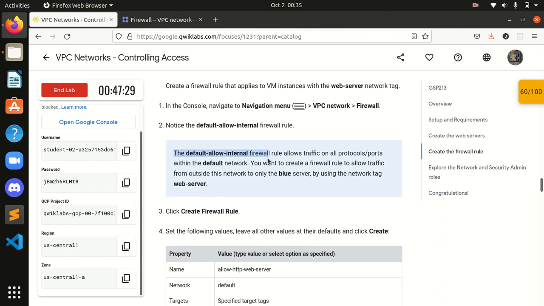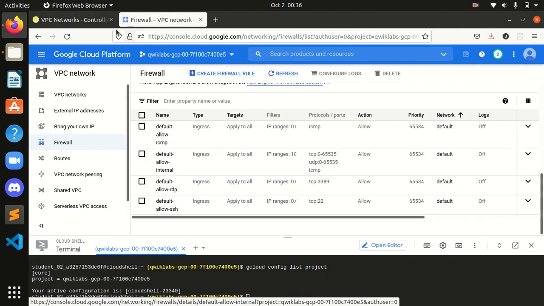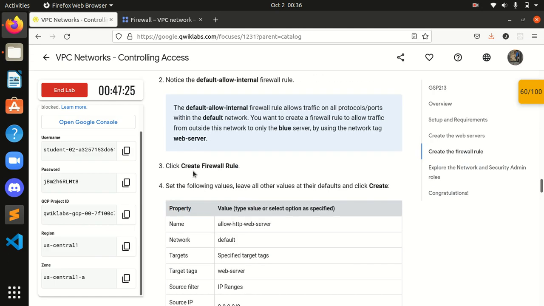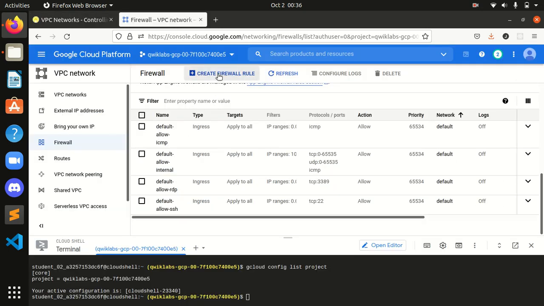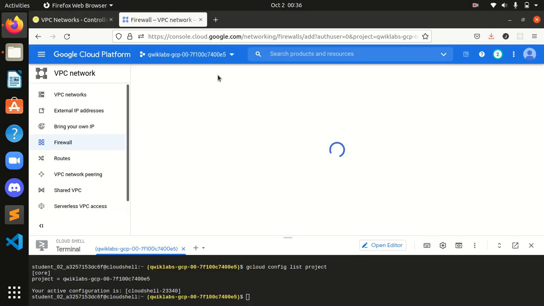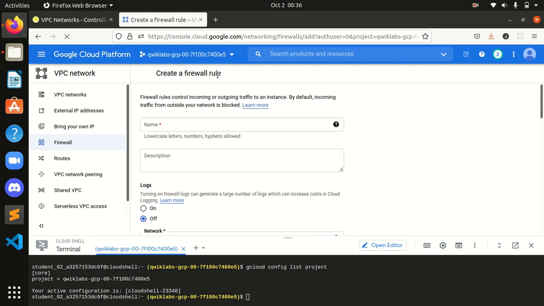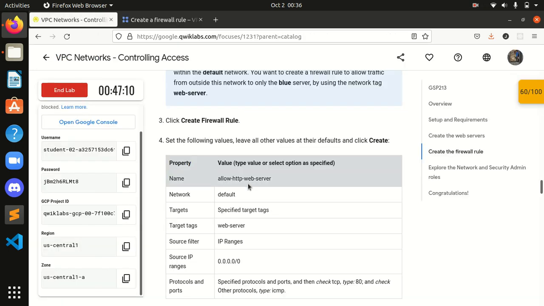The default internal allow rules allow traffic on. This is the default internal firewall, guys. We have to create a firewall rule, so I will click on create firewall rule and set these default values over here. Now let's create a firewall rule, guys. Okay guys, we are over here. Now I will name it allow HTTP web server.